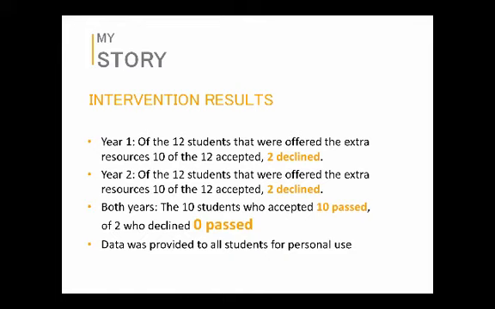Both years, all 10 of the students who accepted our intervention passed. All of them, 100%. And fortunately for the case of this study, but unfortunately for those students, the 2 who declined each year both failed. So now we were really not only able to predict who was going to fail better, but we started to